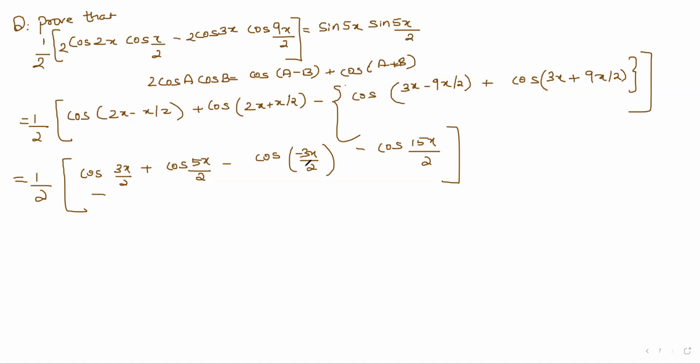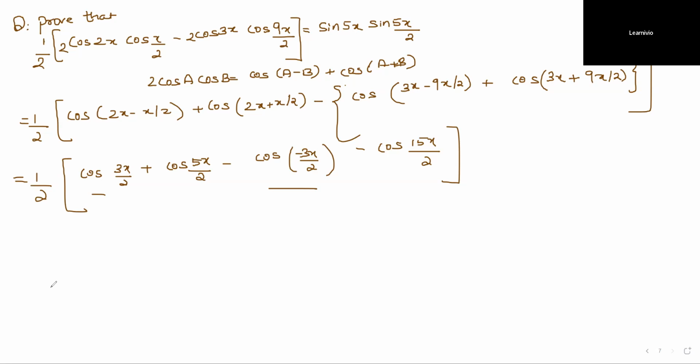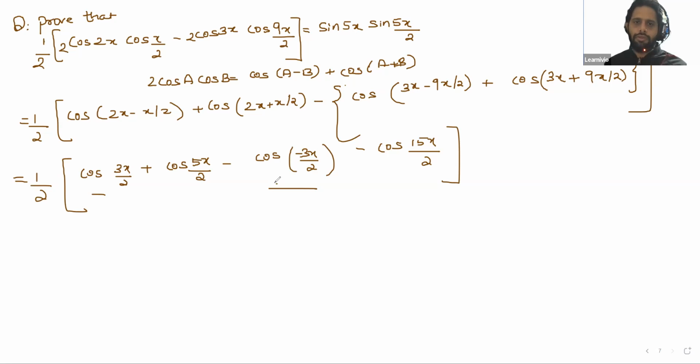ओके देन ये कैंसिल हो जाएंगे, cos minus theta is cos theta, this one will cancel out, finally आ गया cos a minus cos b, put the formula। ओके। नोमा एंड पुश, एक बार दोबारा बता दो, आपने अभी क्या कहा? पुश: ये पार्ट कैंसिल हो जाएगा, this one and this one कैंसिल हो। cos minus theta क्या होता है? cos theta, यस सर। ये कैंसिल हो जाएगा फिर this one cos a minus cos b फॉर्मूला पुट कर सकते हैं। फाइनली आपके पास ये आ गया cos 5x/2 minus cos 15x/2।